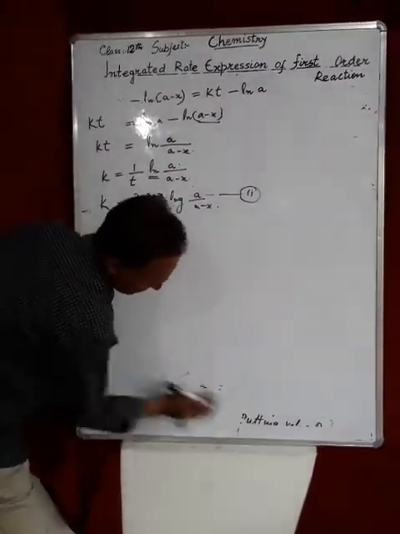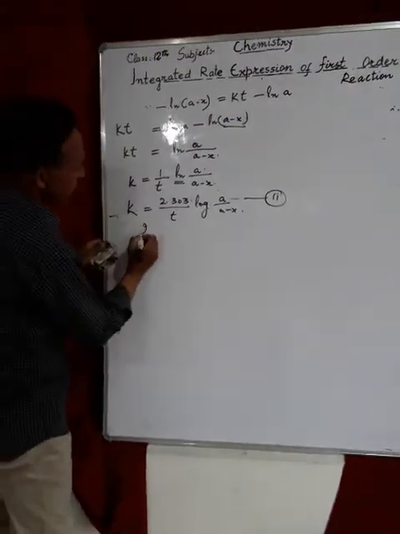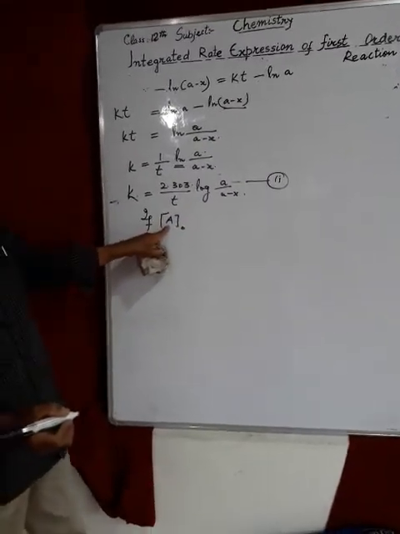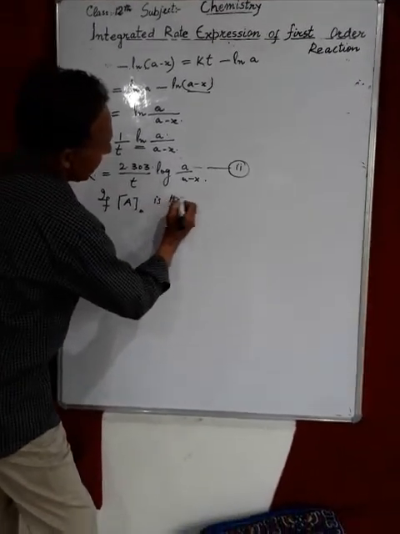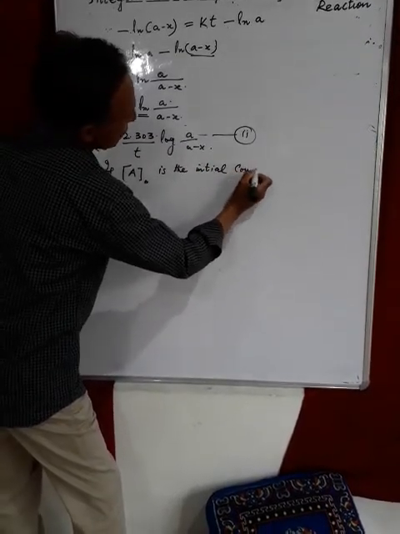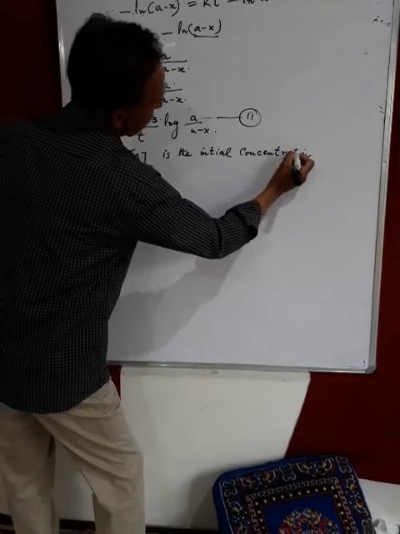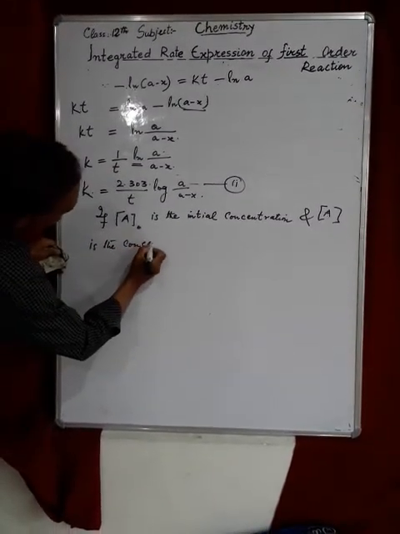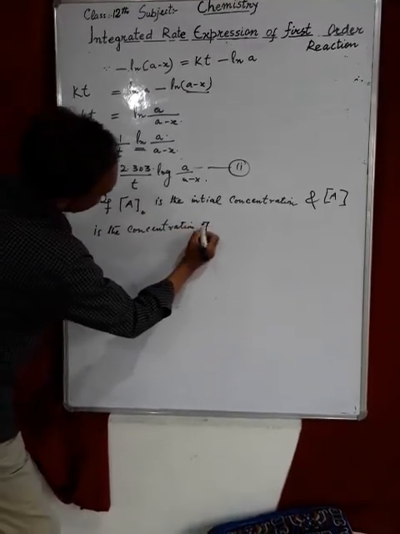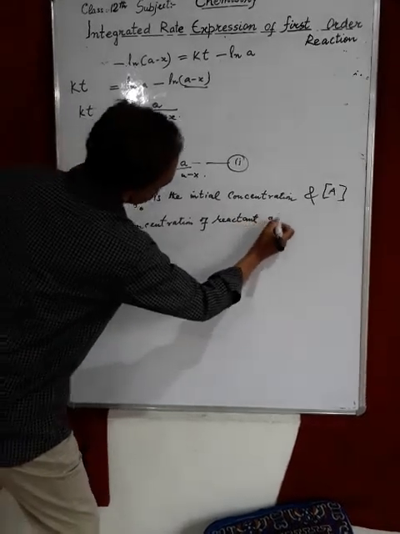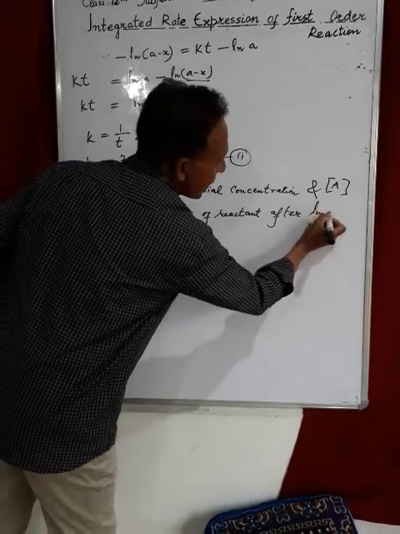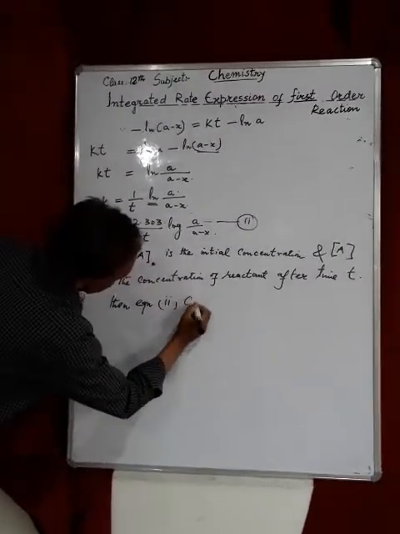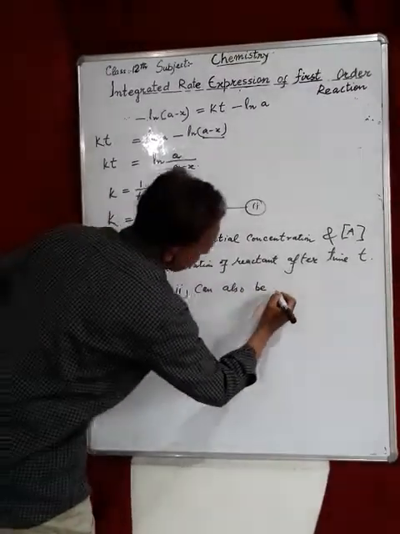We can also write this equation if, instead of a moles per liter, we have a naught as the initial concentration of the substance A, and A is the concentration of reactant after time t, then equation second can also be written as,